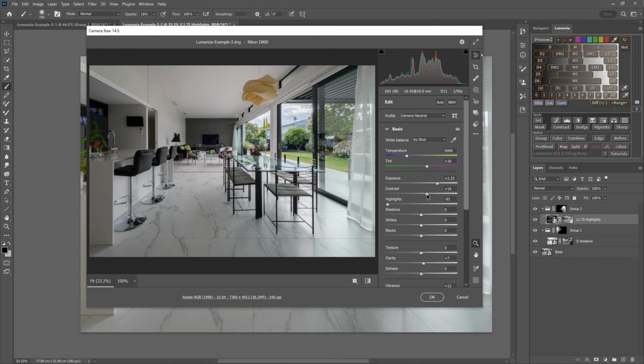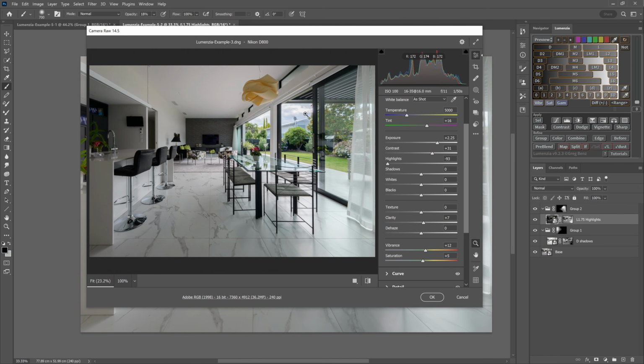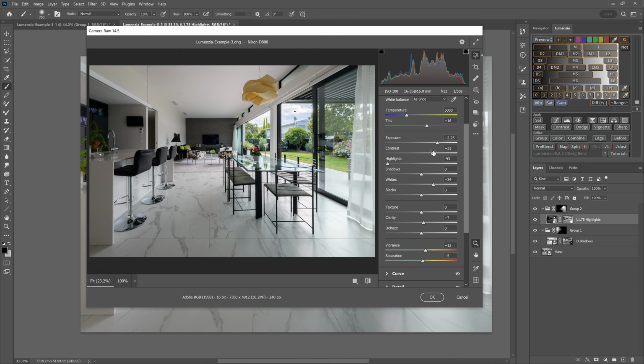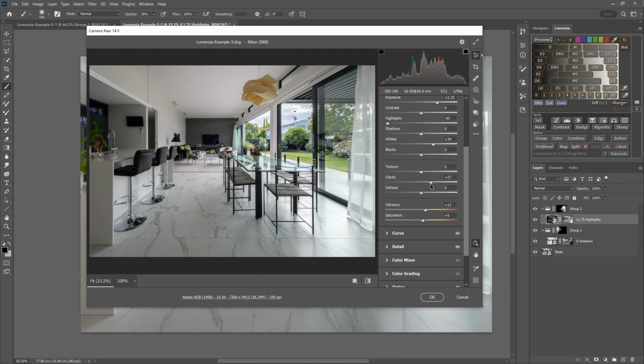If you feel things are still getting a little washed out, you can play with the contrast slider, give that a little pop if you want to. We can make sure that we are hitting pure white up here by clicking the triangle in the top right corner there. There are currently no warnings, so we haven't maximized our white point. So we'll bring that up, plus 34, starting to see a little peak of white there. That's good. And I'm thinking by adding the contrast, we've probably taken those blacks a little bit too far. So I'll reset that. We can add perhaps a little bit of clarity, but the main thing we want to